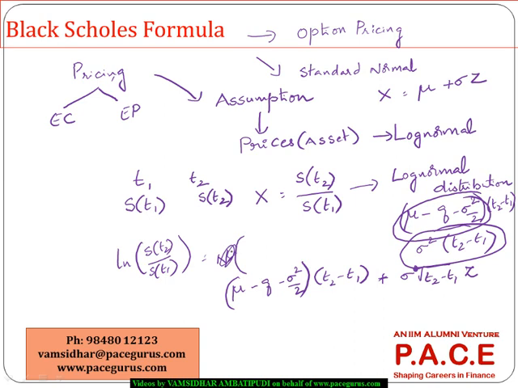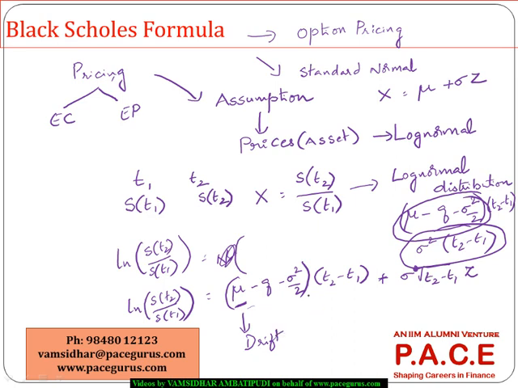So I can very well write the expression for log S of T2 divided by S of T1 in this particular form. So where Z is the standard normal variable and mu is called as the drift,